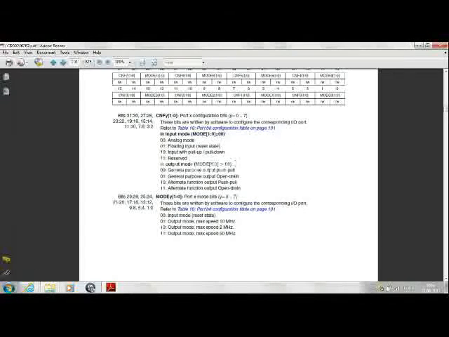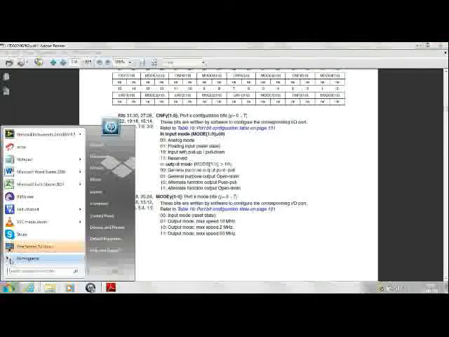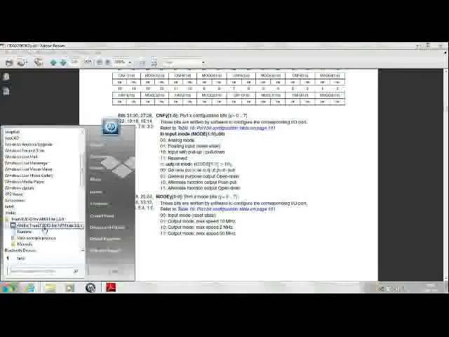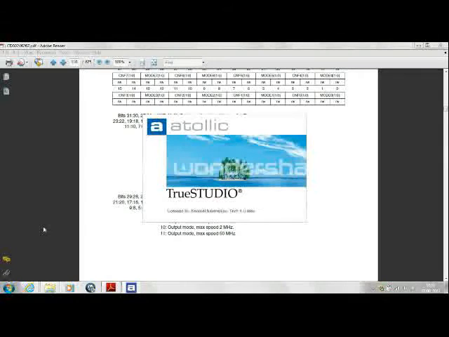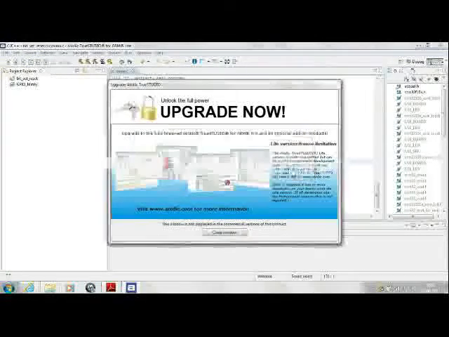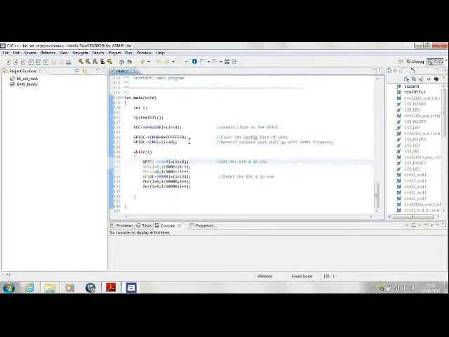Now, keeping this in mind, what I like to follow is we'll look into the registers one by one and correspondingly set these values in the code. Before we can start programming, I'll give you a brief idea about the Atollic TrueSTUDIO, the IDE that we are using. Go to the start menu and start Atollic TrueSTUDIO. I've already installed it on my PC. You'll have to go online and take the limited free version of it. The limit is, I think, 32 KB program size, which is good enough for our tutorials.